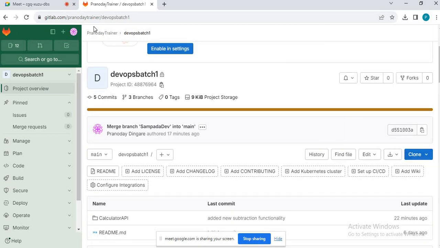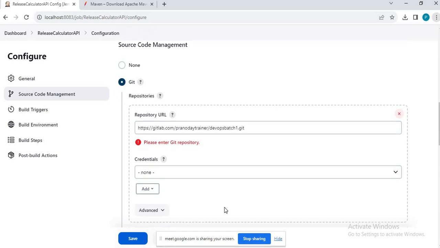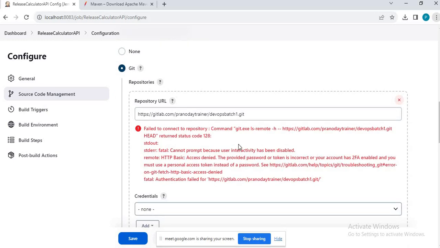Let's use the HTTPS URL. And now we need to create the credential. Okay, I am getting this error because credentials are not provided.